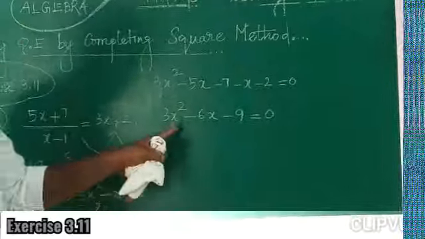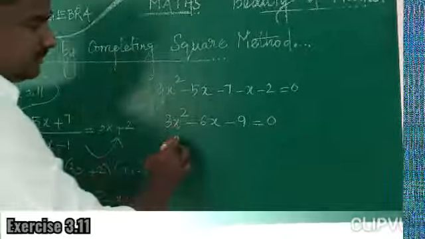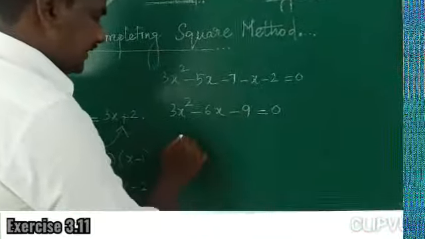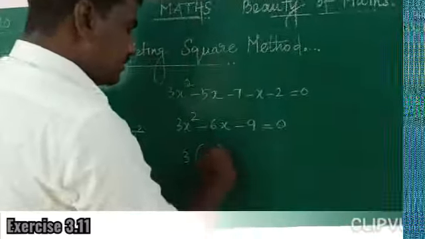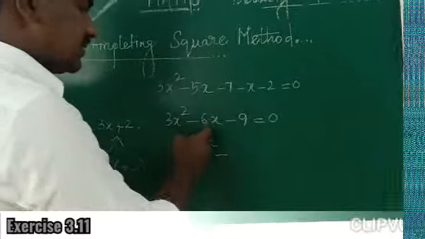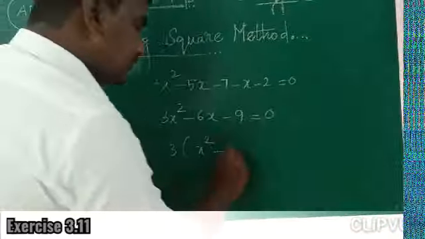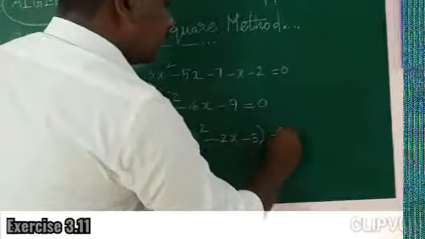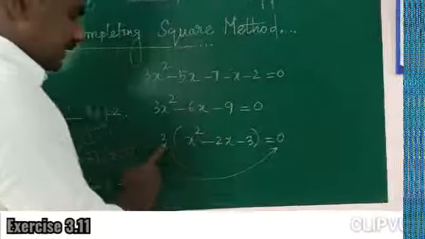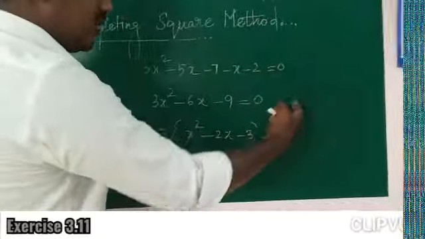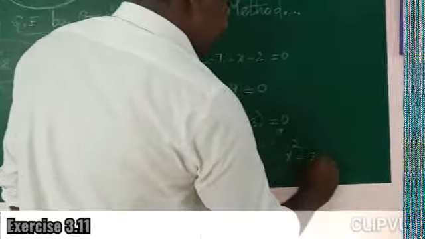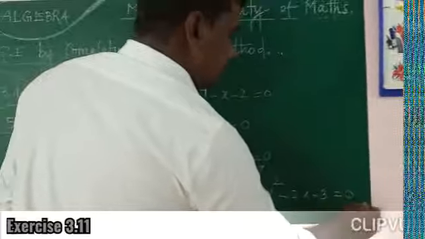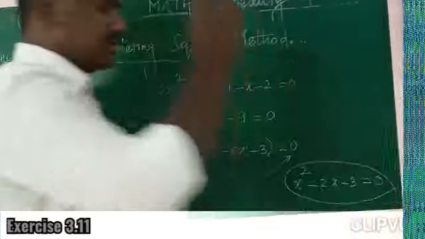You know one thing, here the coefficient of x square, x and the constant term are multiples of 3. So if they are multiples of 3, we can divide. If you take 3 out as a common factor, what do we have? x square minus 2x minus 3 is equal to 0. The 3 is in multiplication, so on the right hand side it becomes division, and 0 by any value is 0. So the required quadratic equation is x square minus 2x minus 3 is equal to 0.